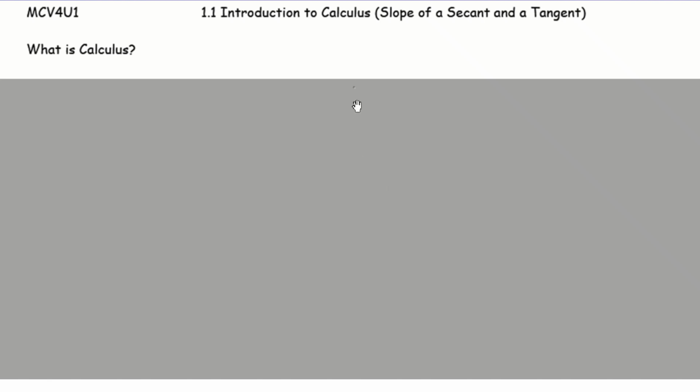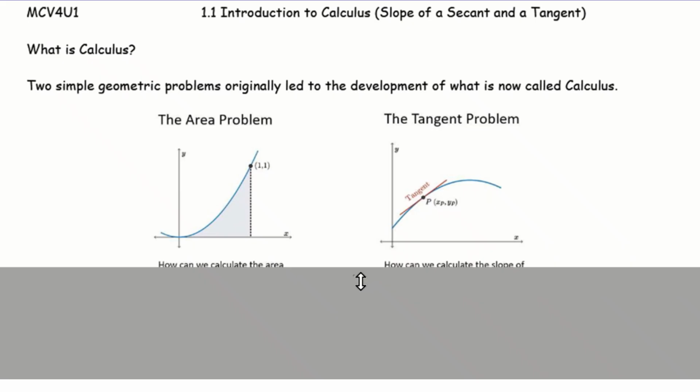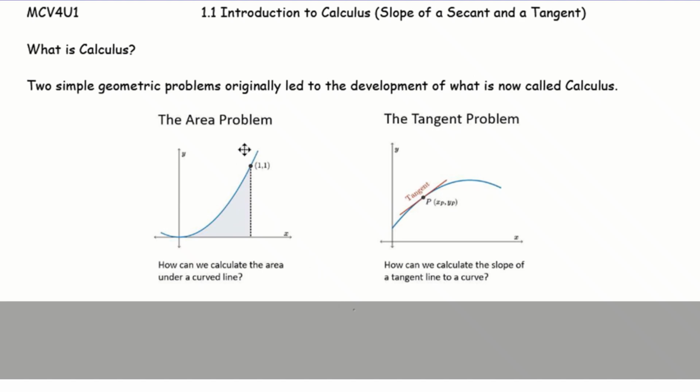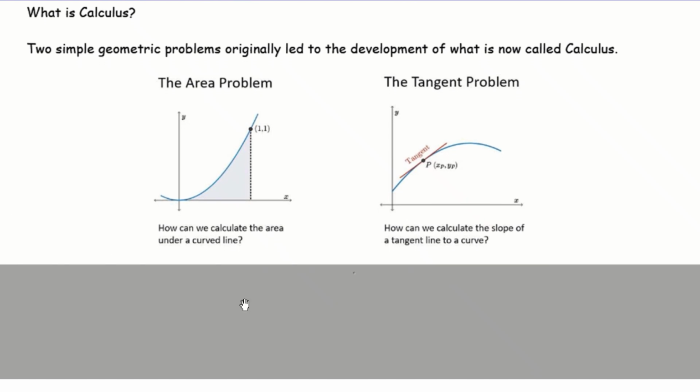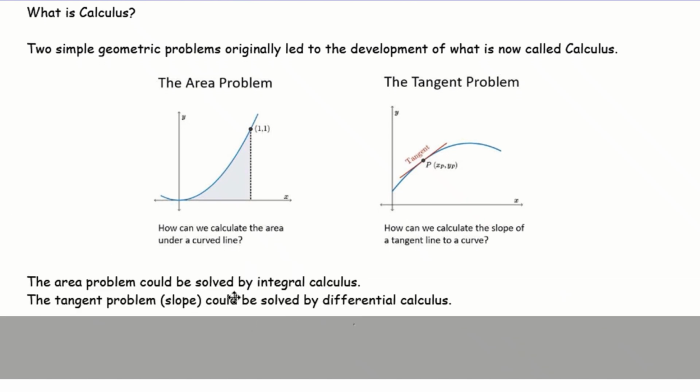There are two branches in calculus, and they come from two simple geometric problems. One is the area problem under a curve, which is regarding the sum and the accumulation. Another is the tangent problem, where we are looking for the rate of change as a tangent line. Both of them describe how fast the object is changing. The area problem could be solved by integral calculus,